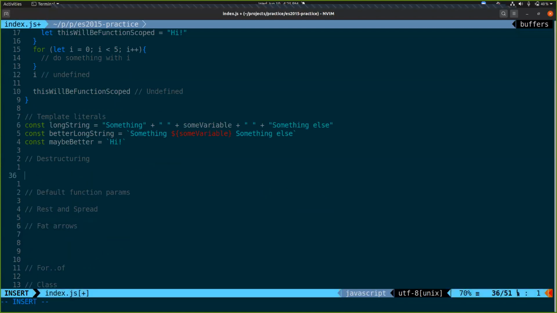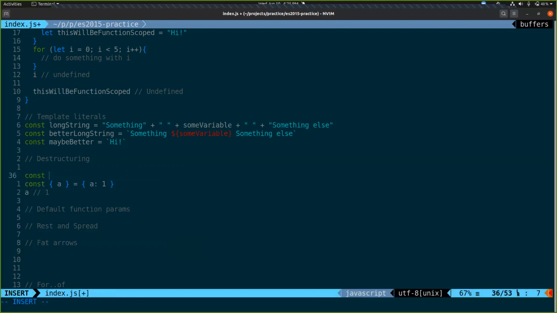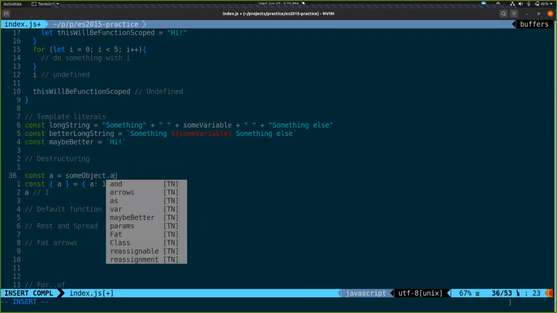Onward. Destructuring, pretty easy. If we want to pick a specific thing out of an object and then assign it to a variable, what we're trying to not do is something like const a equals some object dot a.